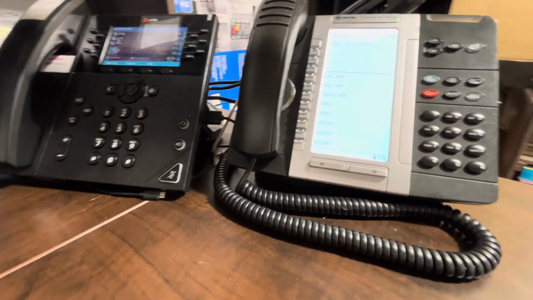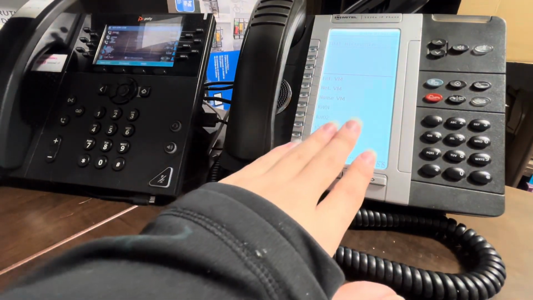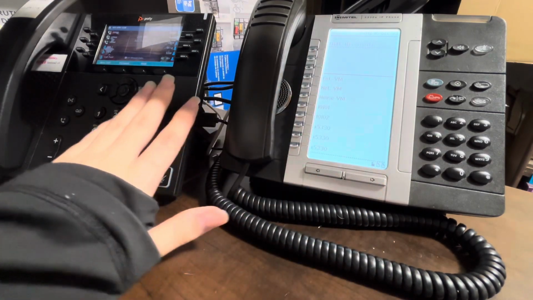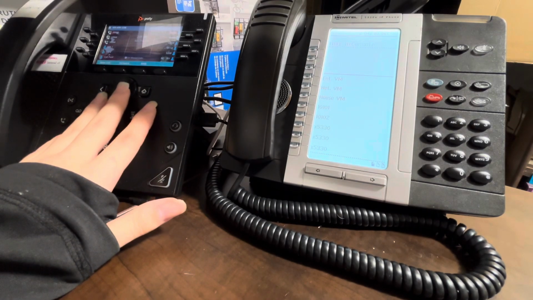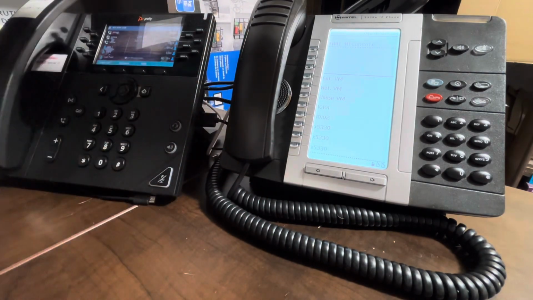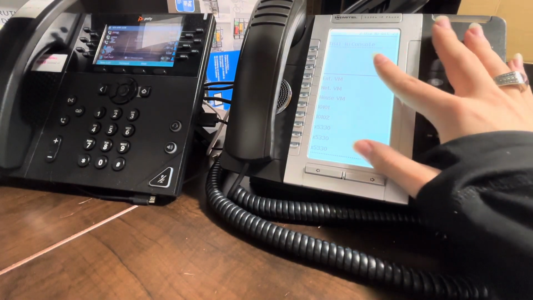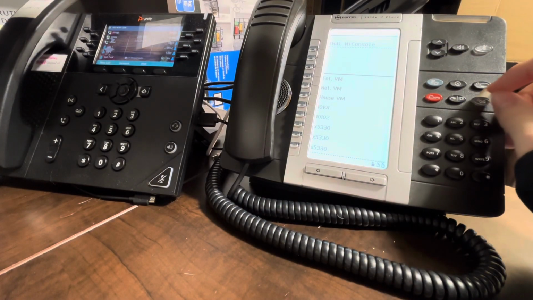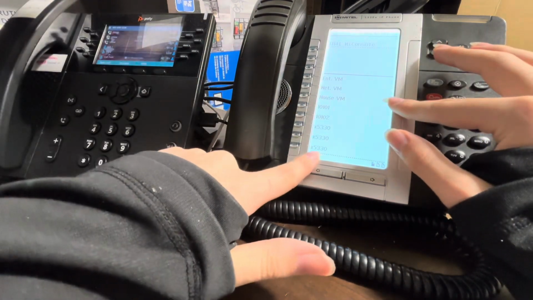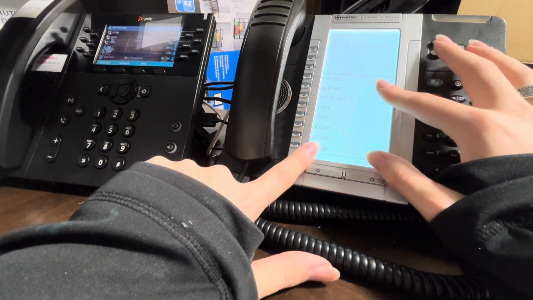I wish there was a phone that had a very similar layout as the Mitel, but offered the same level of customization and functionality. Like, basically take these two and blend them together, right? Take the best of both worlds. I like the layout of the Mitel with the color screen of the Polycom, the high definition call quality,